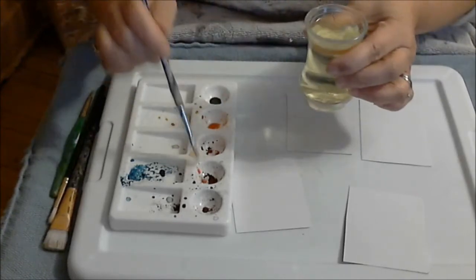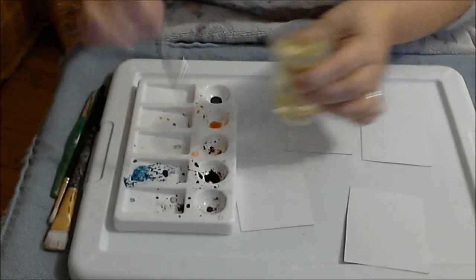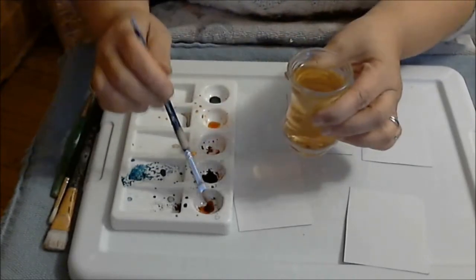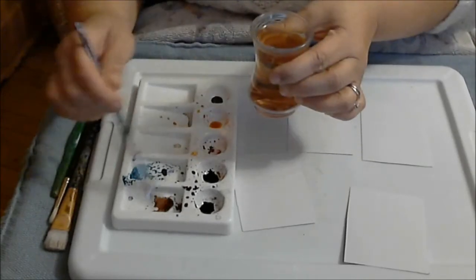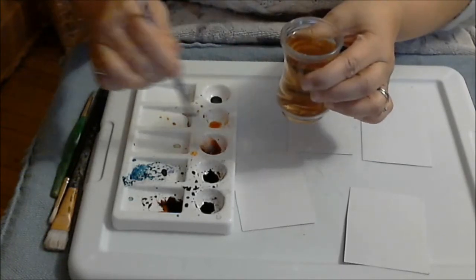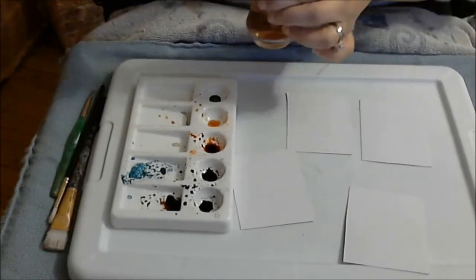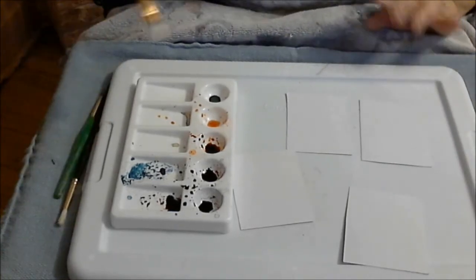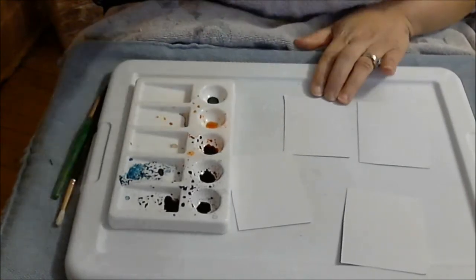Let's see, I put the red down here. You'll see how strong that red is. So these colors are very strong. Okay, so I've got my little colors mixed up. In this case, you'd want to keep the colors separate and strong normally, but because we want these cards to be a neutral background,